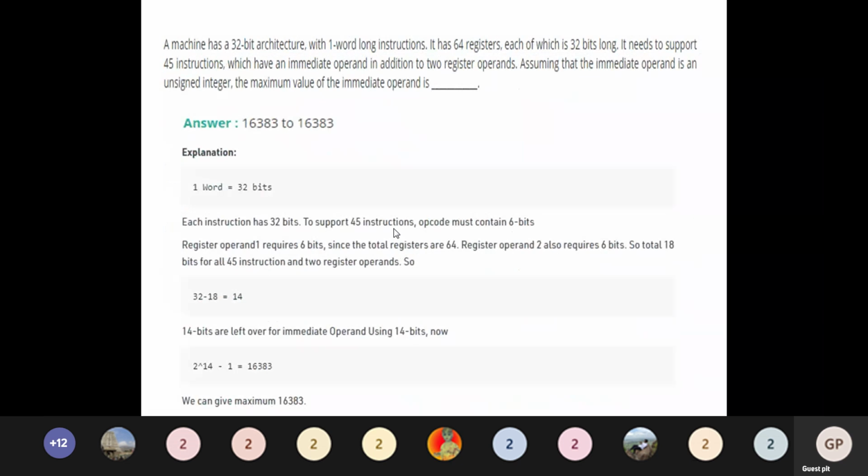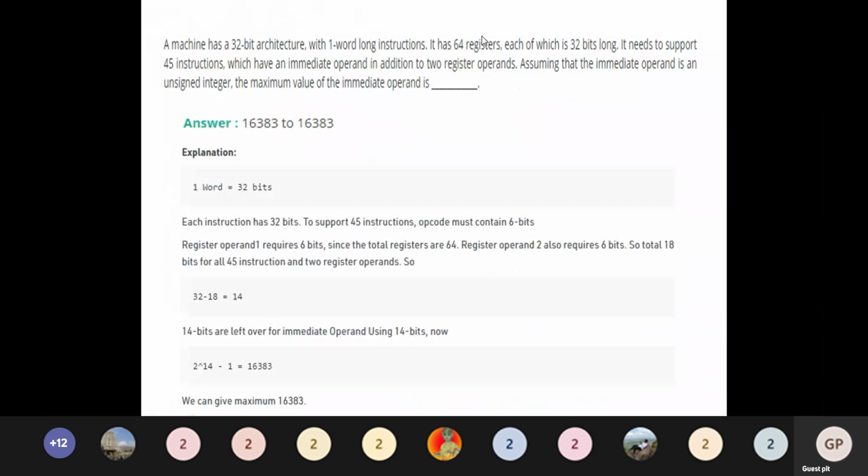Now the next question: the machine has a 32-bit architecture with one word long instructions.